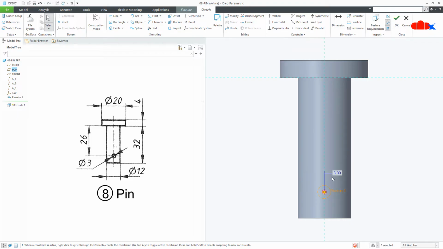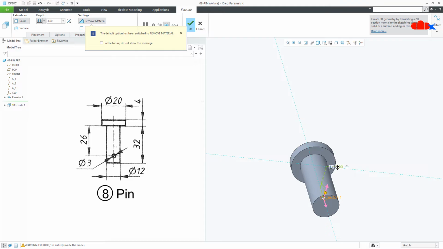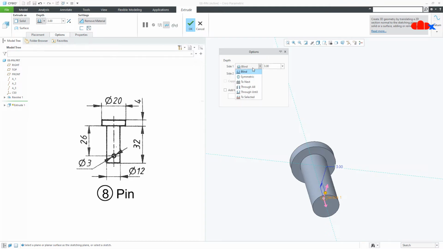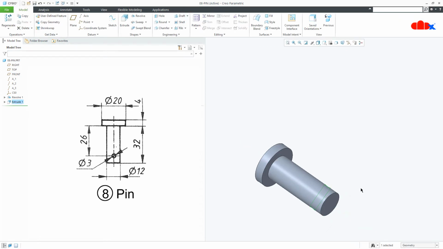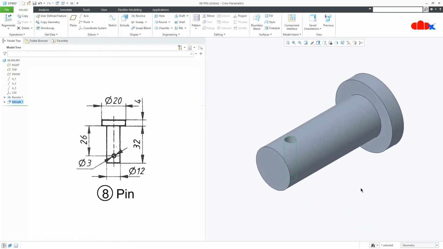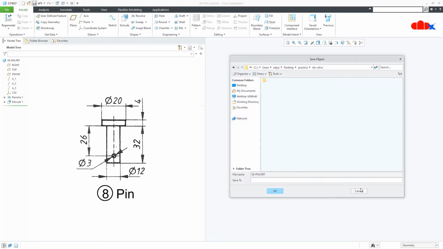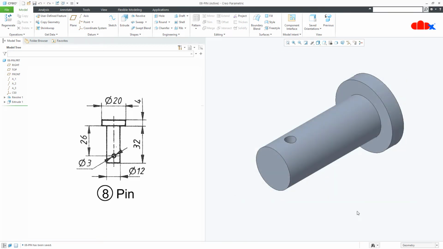Say OK. Make it 2 next and second direction also 2 next and say OK. Save it. So this part is also done.